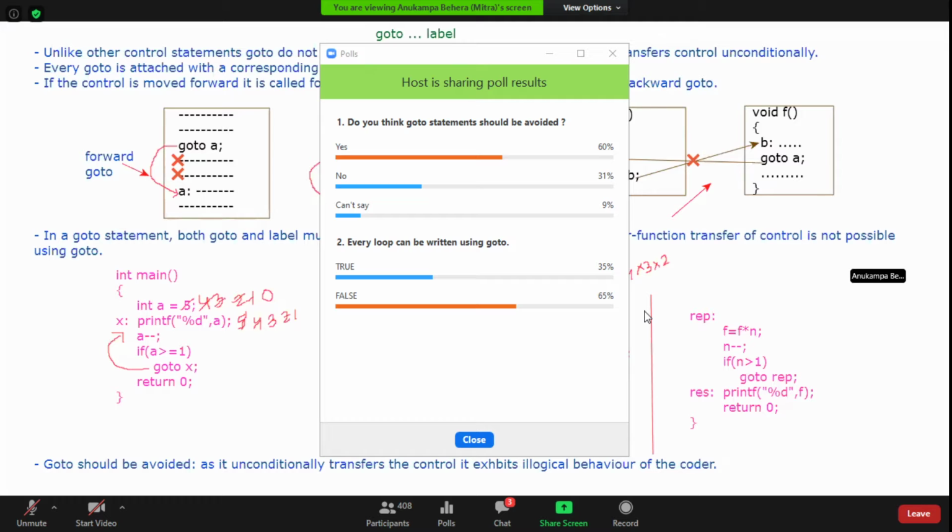Then what was the second question? Every loop can be written as a go to or not? Yes, we can.